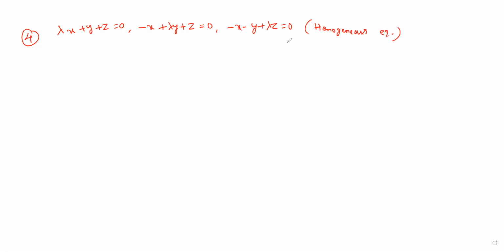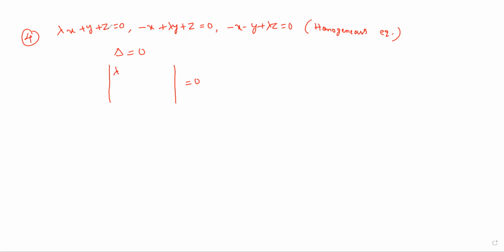Now concept-wise, homogeneous equations have two sets of solutions. One is trivial and another one is non-trivial. Trivial is nothing but when delta, the determinant, is not equal to 0. In that case, the solution is unique, x equal to y equal to z equal to 0. But here they have given infinitely many solutions. That's why the delta value is 0. While explaining the concept, we explained clearly what homogeneous equations are and how to solve them. If you refer to the classwork, we can understand.